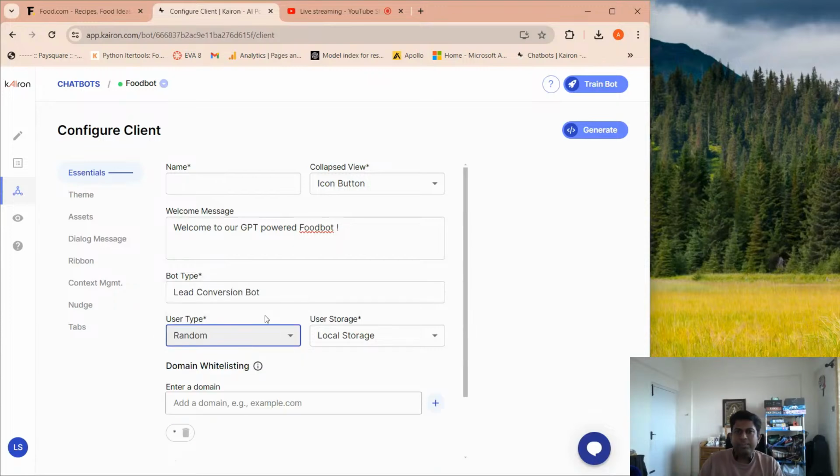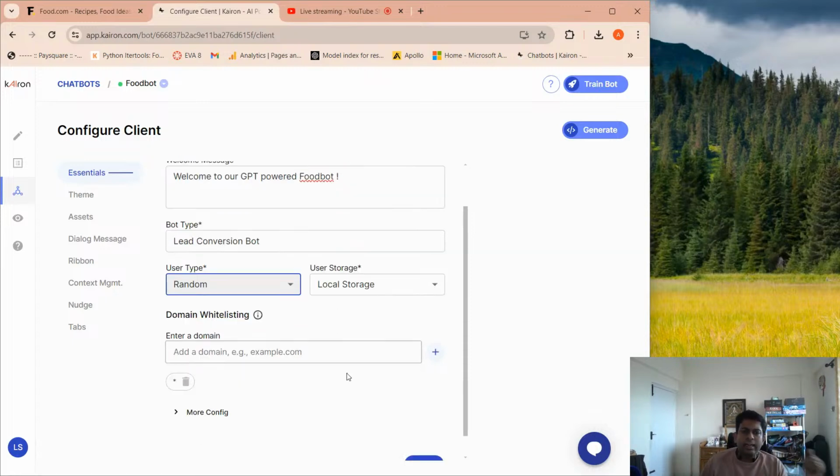That means because I have a website, I don't have a login page. One thing that we have done within our client system is that if your website needs someone to log in, then you can pass his username to the client itself. So with this, what happens is that it will greet the user by his name, right? So it makes it very personal. But in this case, of course, food.com does not have any login screen, so the user is usually random. So we give it a random user ID, and we use cookies to store that. And yeah,